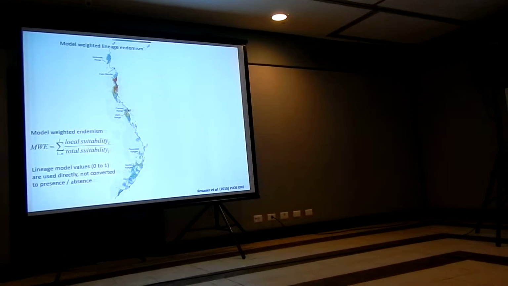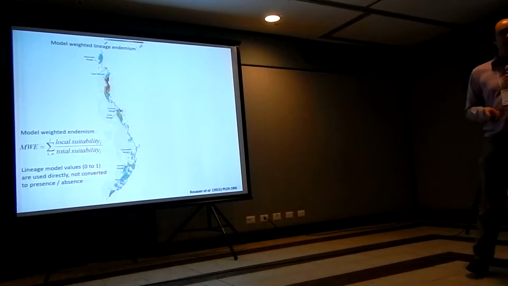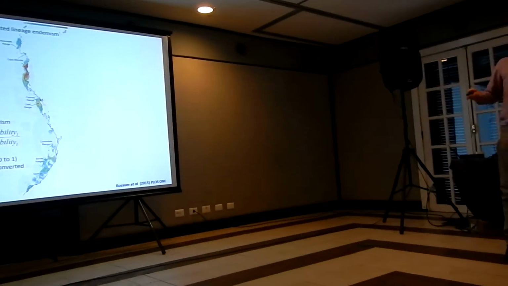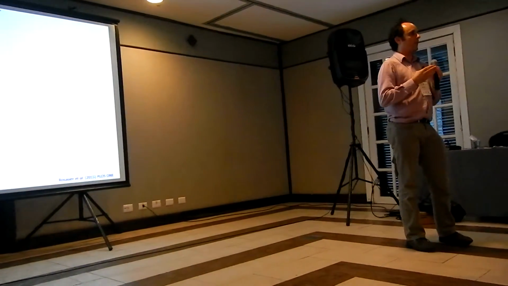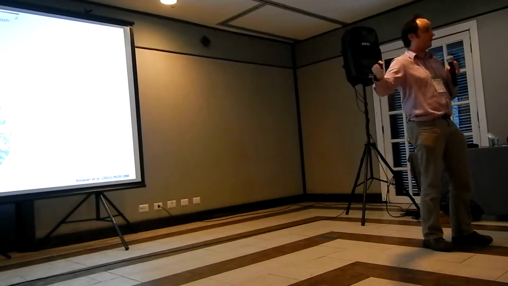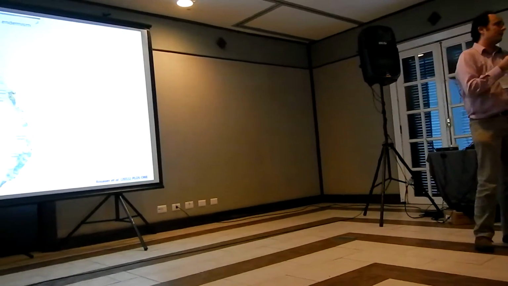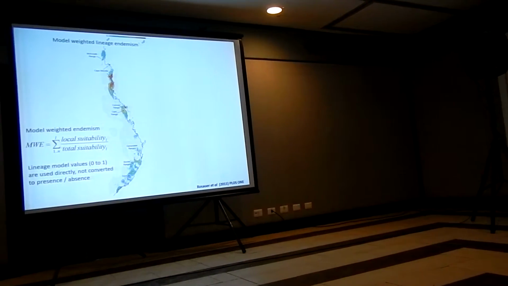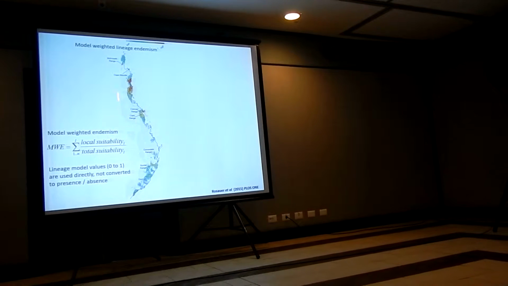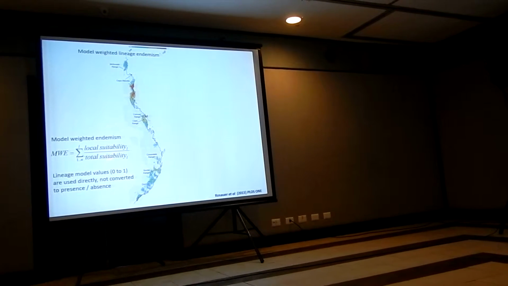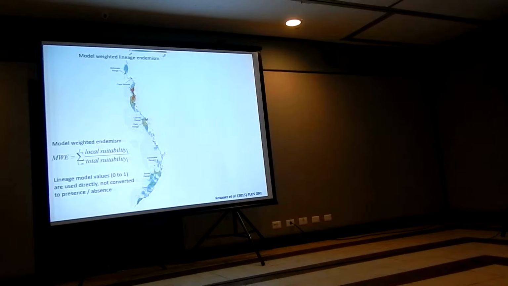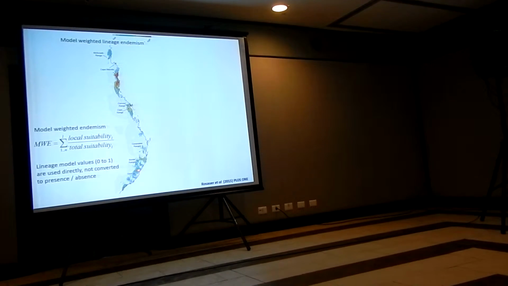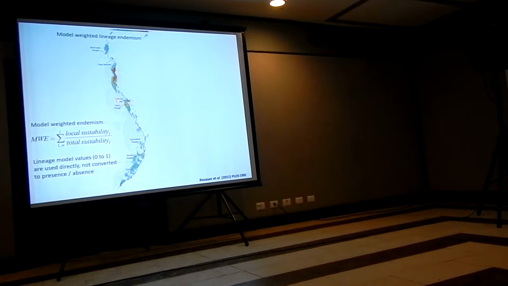So what we then want to do is take those 102 lineage distribution models and calculate our areas of endemism. And again, we don't want to put a threshold to divide our suitability values into presence and absence, because that's putting an arbitrary division into our data, which isn't adding information, it's actually subtracting information. So instead we use this model-weighted endemism function to simply work out what proportion of the prediction for each lineage is found in a given pixel, and we identify these areas, these concentrations of lineage endemism.